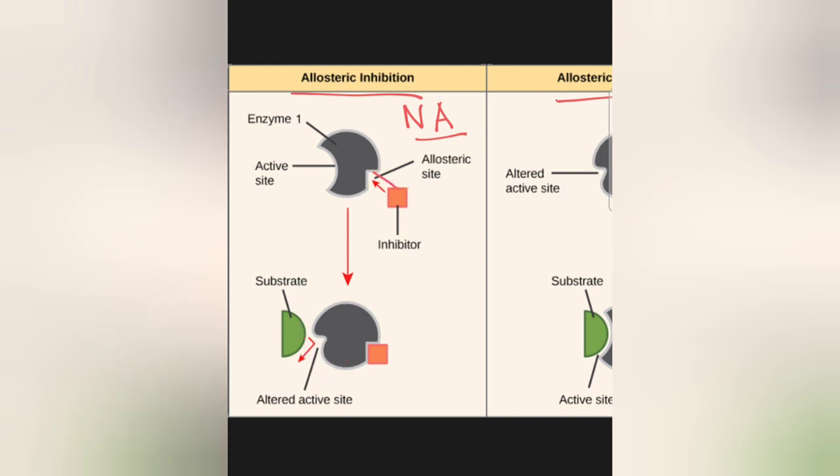As soon as the inhibitor got attached to the enzyme, the shape of the active site became altered from this to this type of shape. Obviously if the shape is like this, the substrate will not bind here. You can see it written as altered active site. So this is basically negative allosterism. The inhibitor is getting bound to the allosteric site, and it is bringing about an unfavorable change for the enzyme, which doesn't let the substrate bind with the enzyme.